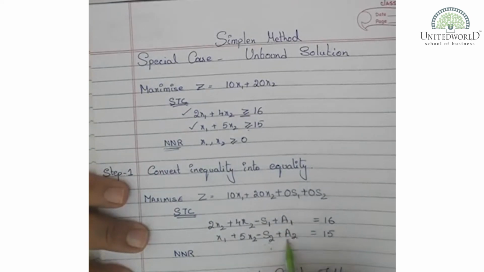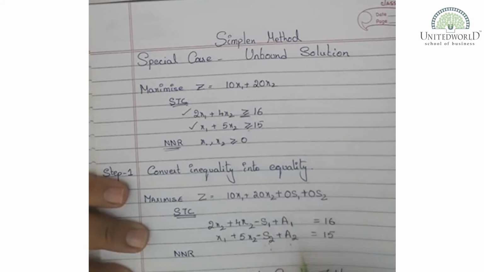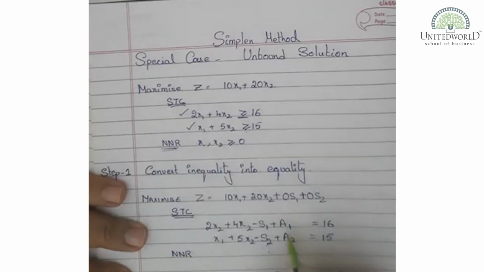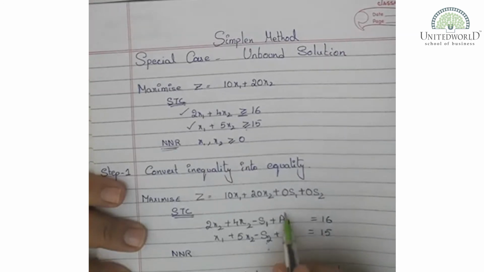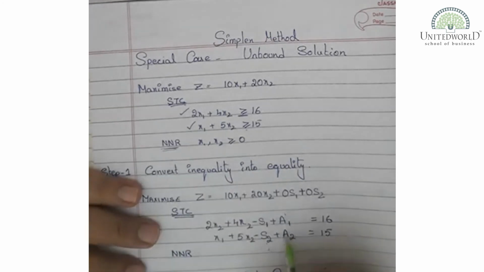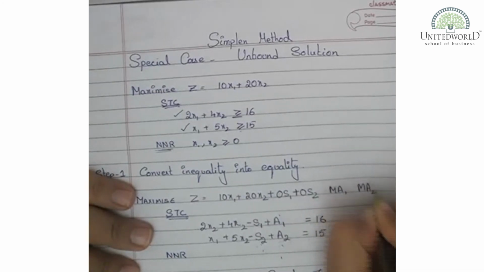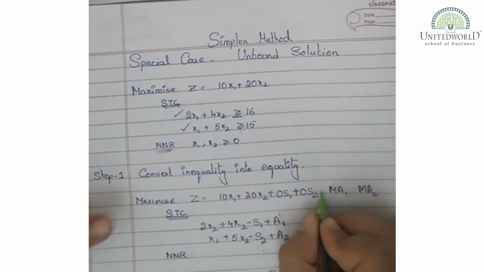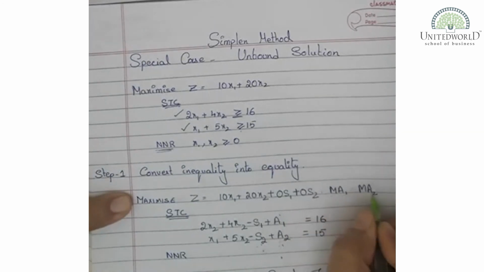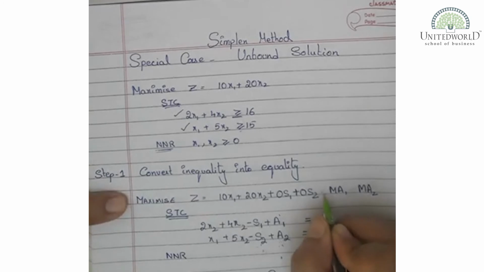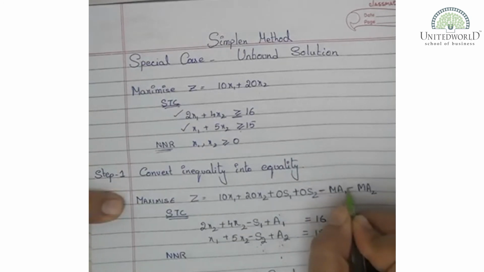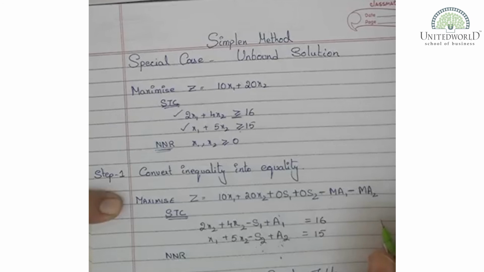What has to be done with an artificial variable? Artificial variables are non-existing variables. We have introduced them to meet the norms of the initial simplex table. Now, these artificial variables carry the coefficient capital M, which in OR terminology is a huge penalty. So, we have MA1 and MA2. Regarding the sign, if your objective is to maximize, these are penalties. So, if it's a maximize function, you will include it with a negative sign. If it was a minimization problem, you would have introduced it with a plus sign.